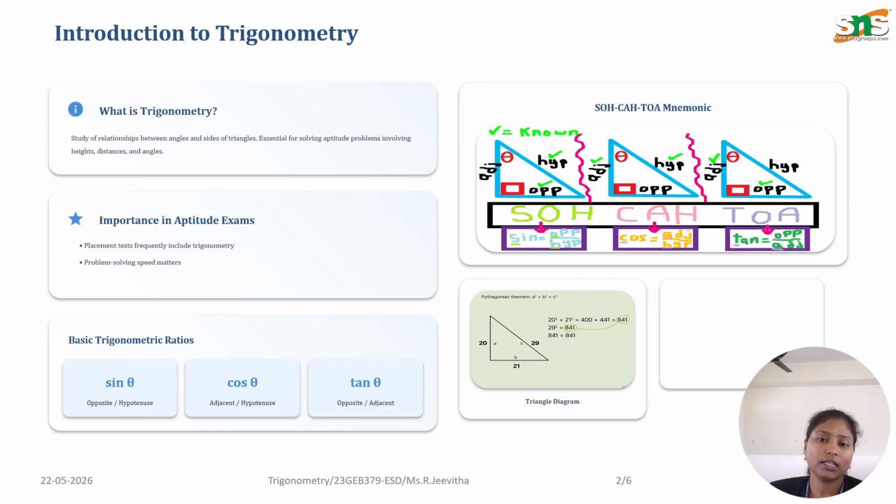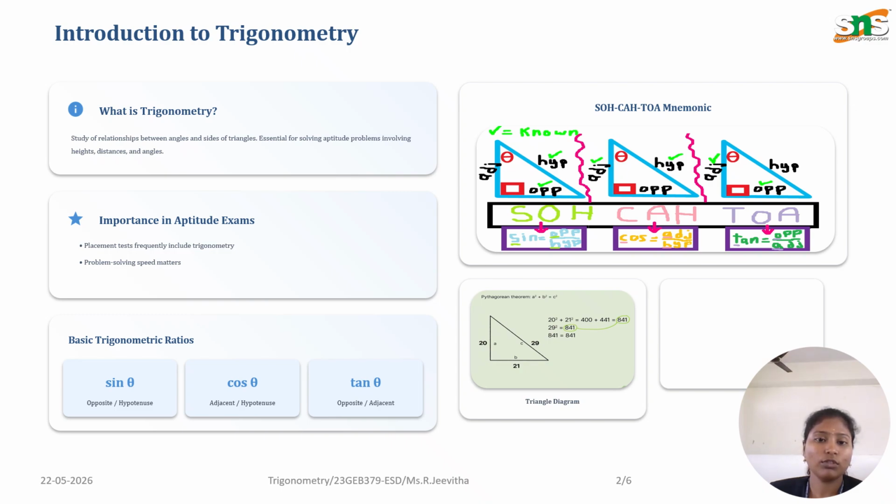Let's look at the basic right angle triangle. It has three sides and their names change based on your angle. The longest side is always the hypotenuse. The side directly facing your angle theta is the opposite side. And the side sitting right under the angle is the adjacent side. To make sure you never confuse these sides in a stressful exam,